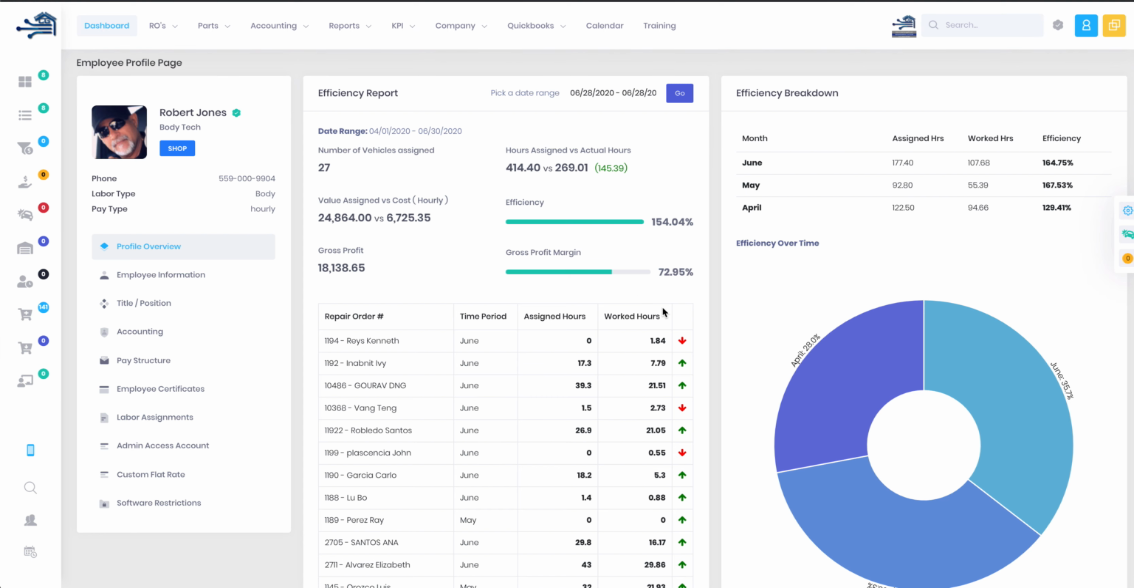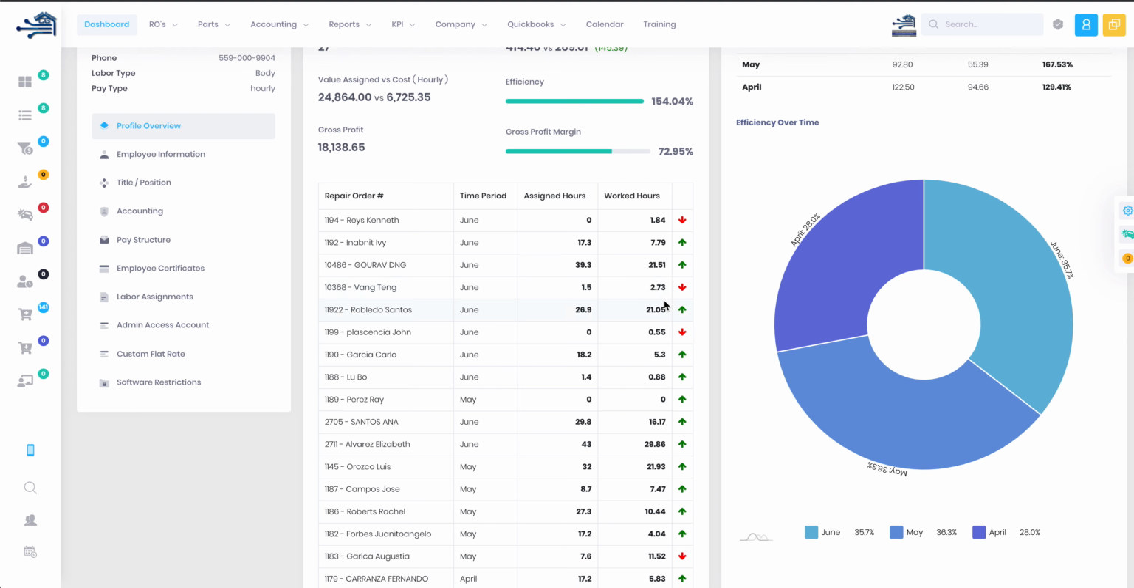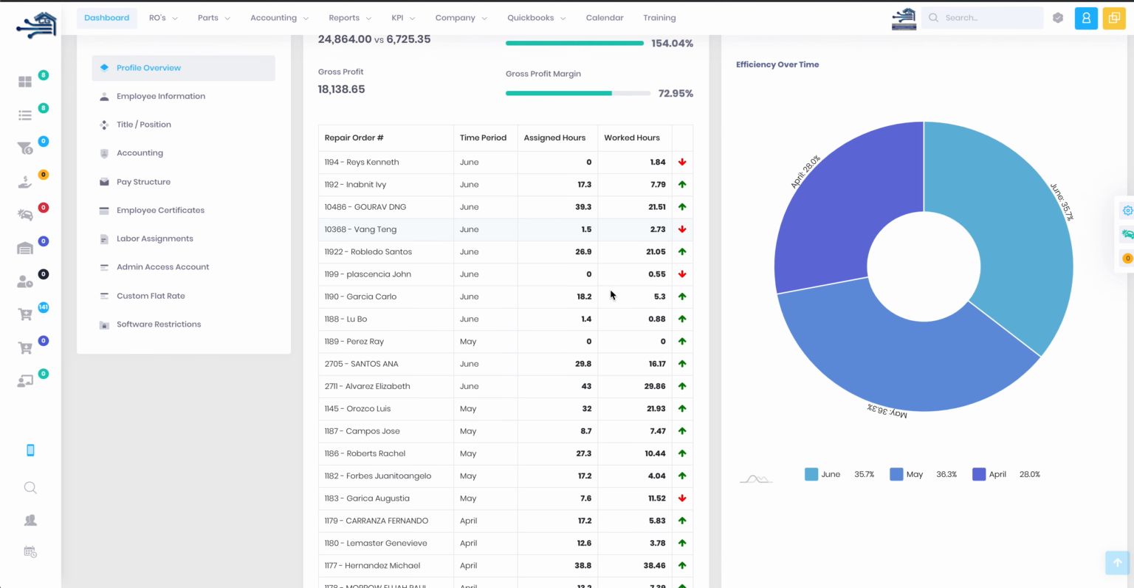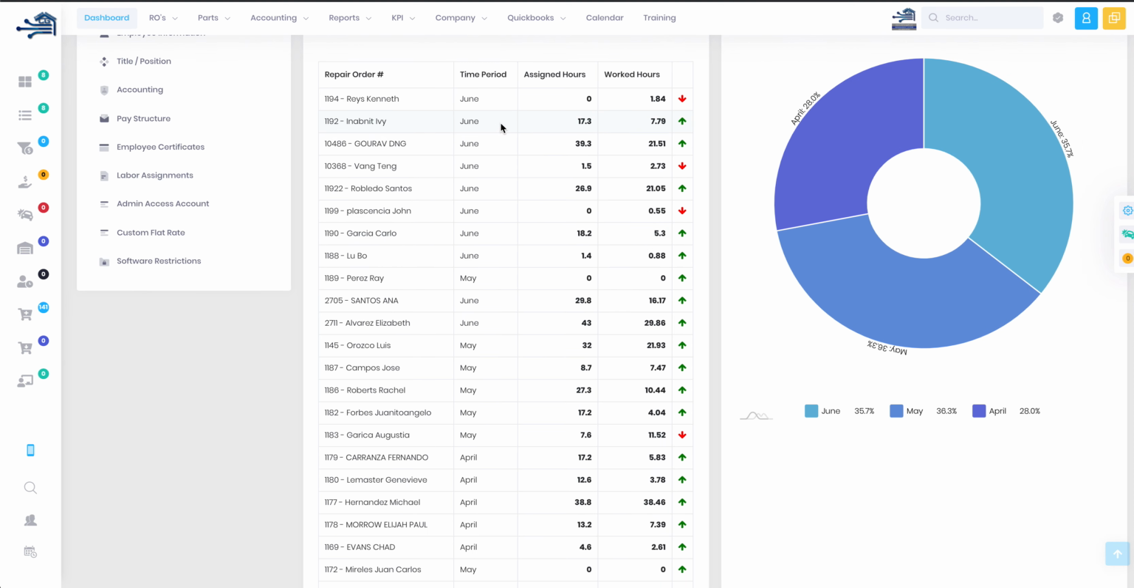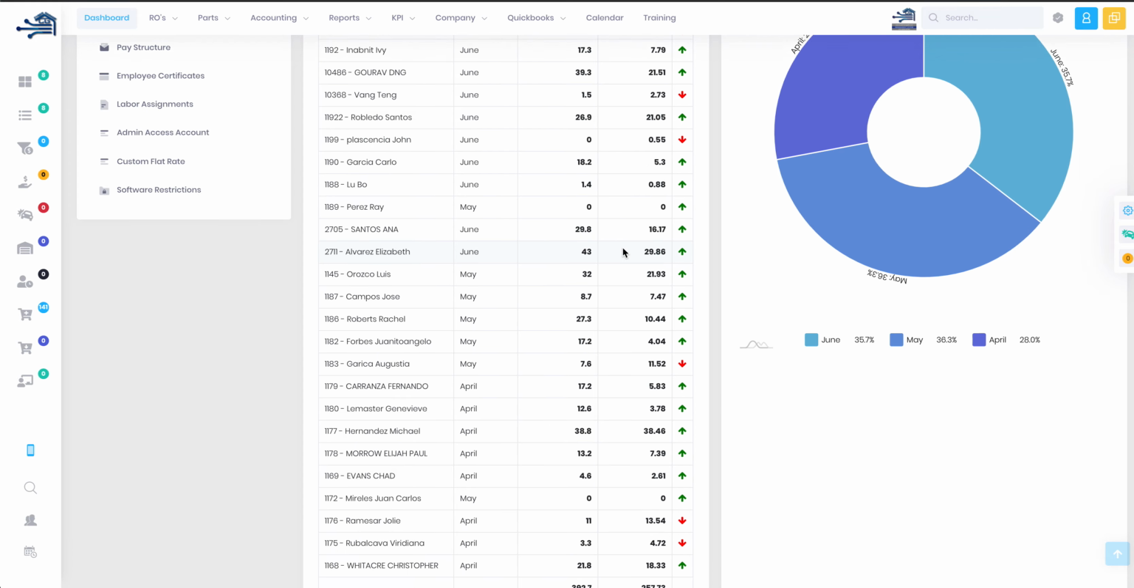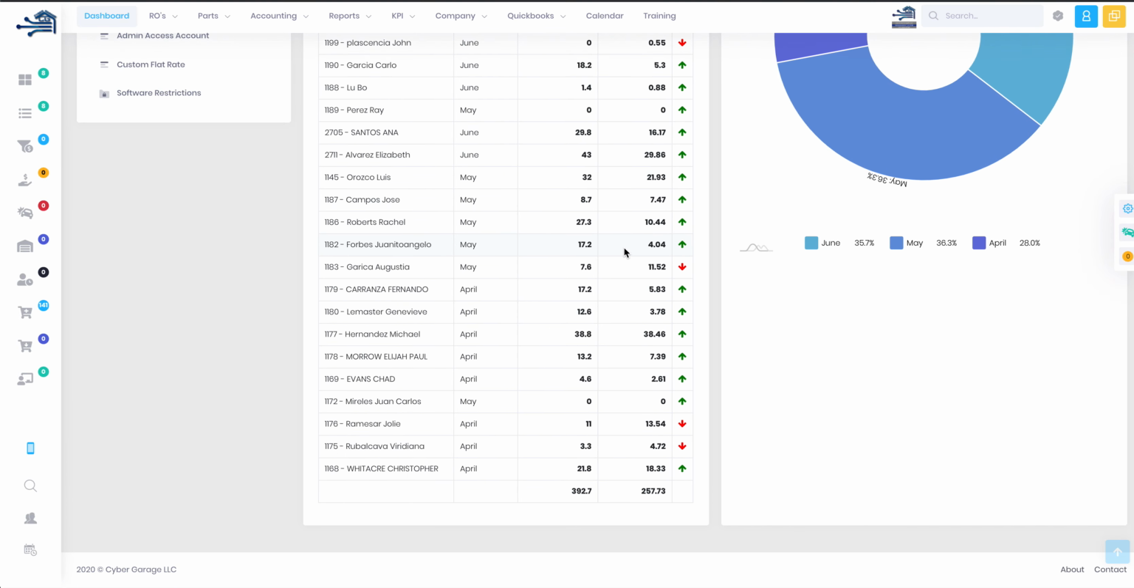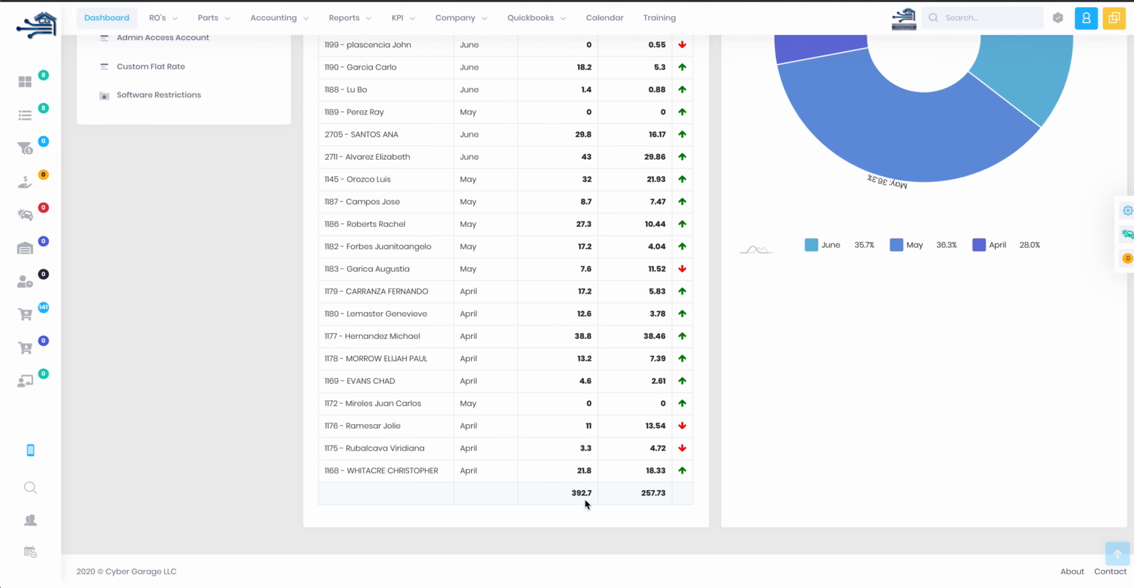72.95%. So we can go down and you can analyze every repair order that he worked on, and it will give you the month as far as the period goes and assigned hours and hours worked. So you can see that there's a few red ones in there, but most of them are green. So he had 392.7 hours. He completed them in